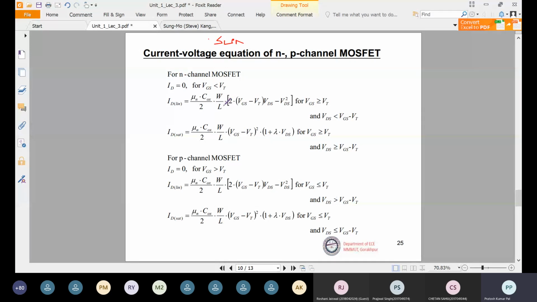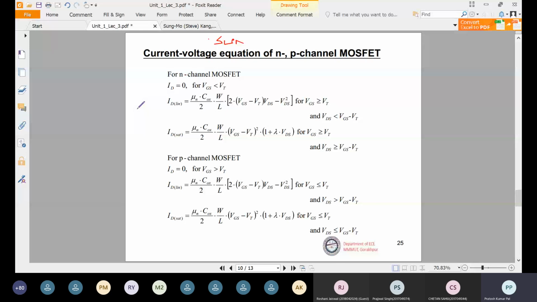The opposite will be given for PMOS. Whatever conditions are there, if we reverse them, they become the conditions for the P channel MOSFET, with a similar expression for the current. VGS should be less than or equal to VTH, and instead of VDS less than VGS minus VT, here VDS should be greater than VGS minus VT. In saturation for the P channel MOSFET, VDS should be less than VGS minus VT. So this is the overview of whatever we have studied through the operation of MOSFET, the channel length modulation effect and the body effect.